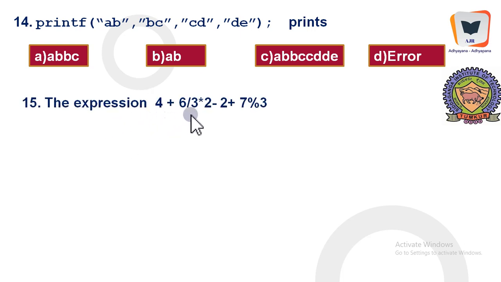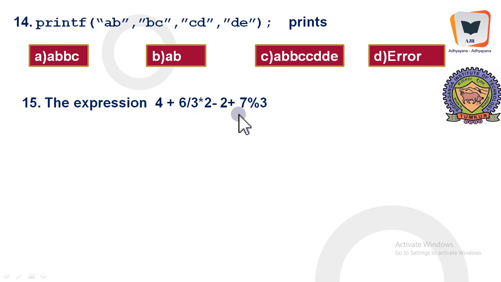The expression 4 plus 6 by 3 into 2 minus 2 plus 7 mod 3. Once again, this is similar to the previous exercise that we saw, and here there are lots of arithmetic operations, and typically the compiler will look from left to right associativity. So whatever comes in its way, it's going to compute based on the priority. First of all, it will encounter 6 divided by 3. 6 divided by 3 is 2. 2 into 2 is 4. 4 minus 2 is